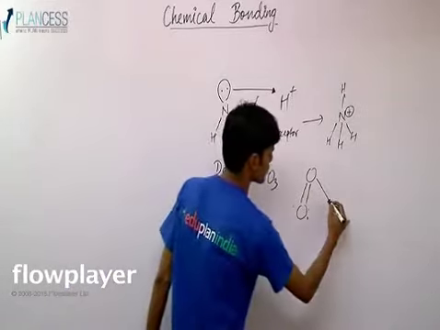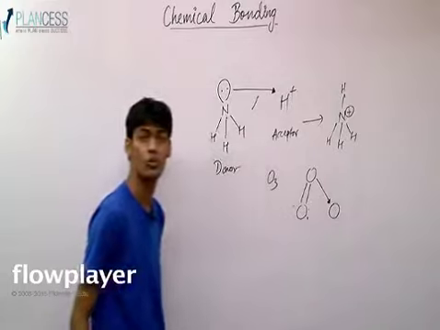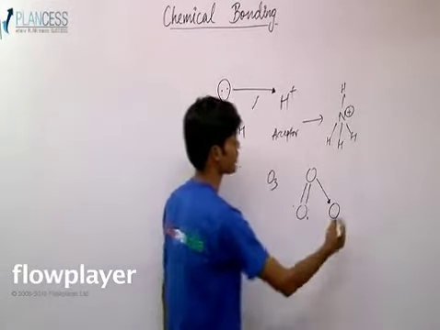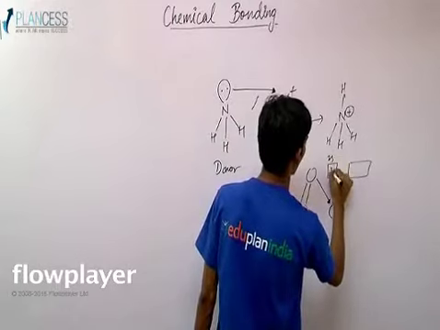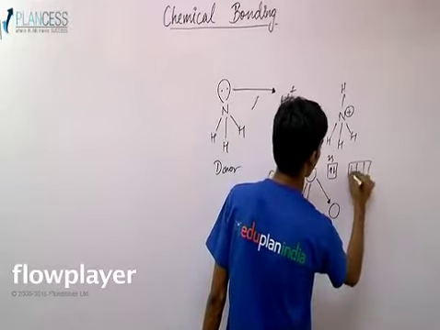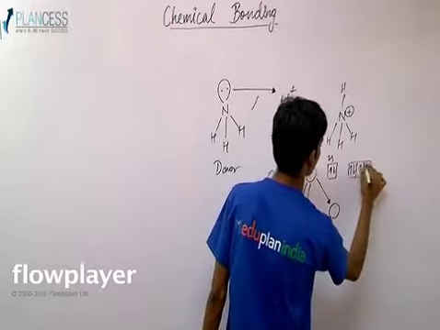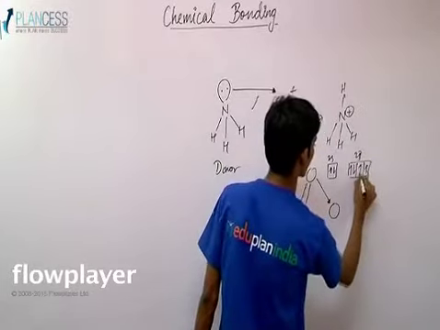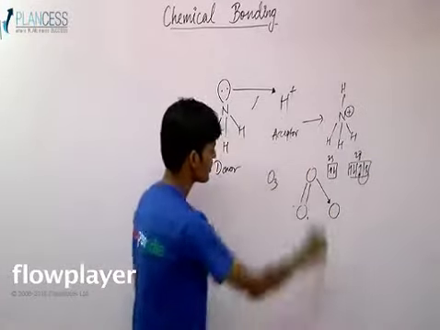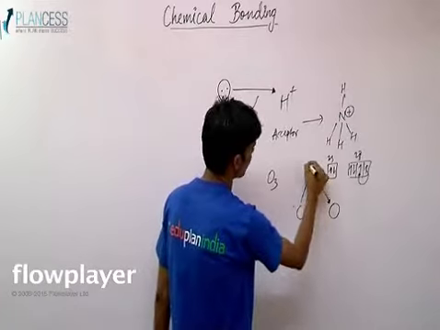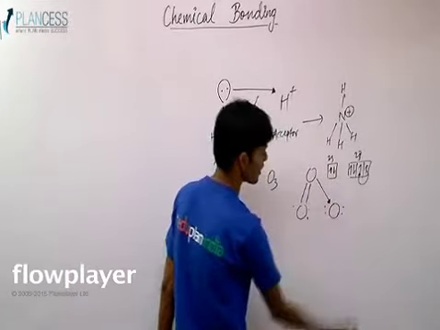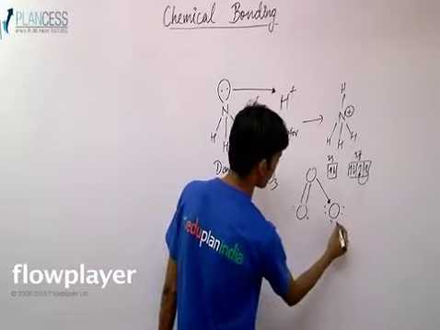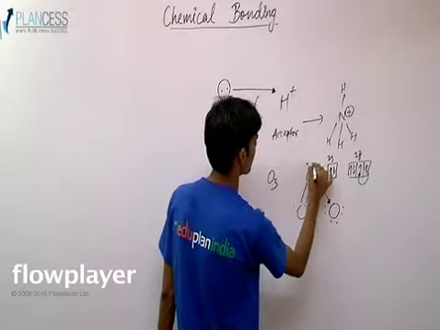Oxygen has 1s2, 2s2, 2p4, so it has one vacant orbital, which, if energy is provided and the electrons are paired, can become vacant. So this oxygen donates its lone pair to this oxygen. This oxygen, which originally had 2 lone pairs, now has 3 lone pairs, and this oxygen atom only has